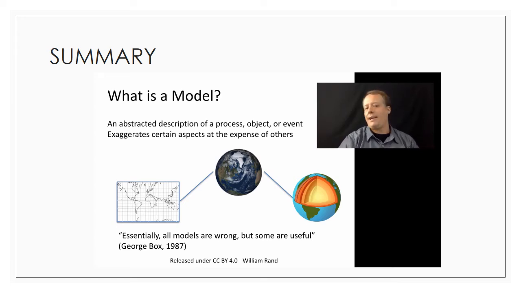So I define an agent-based model as an abstracted description of a process, object, or event. And the important point here is that it's abstracted. It's not a perfect representation. It doesn't exactly match up with the real world, and the important thing is that it exaggerates certain aspects at the expense of others. So, for instance, in this particular slide, I have a picture of the Earth,